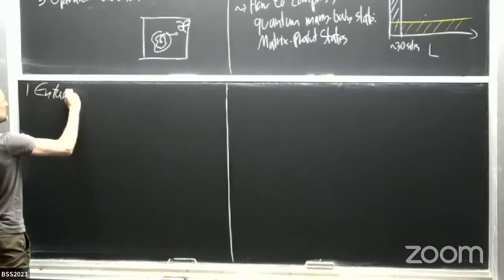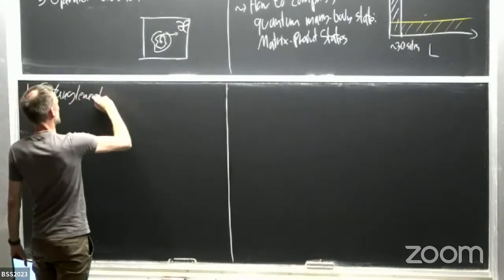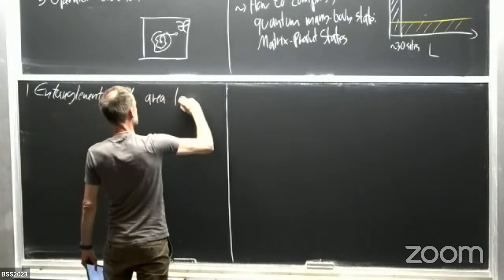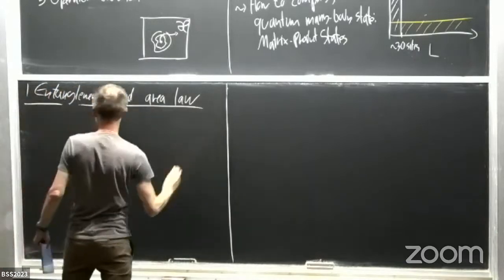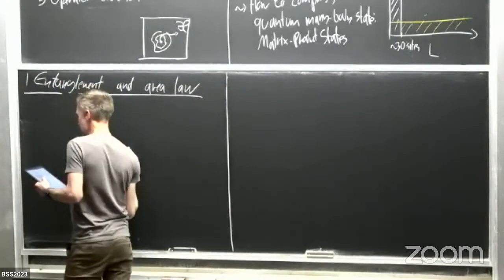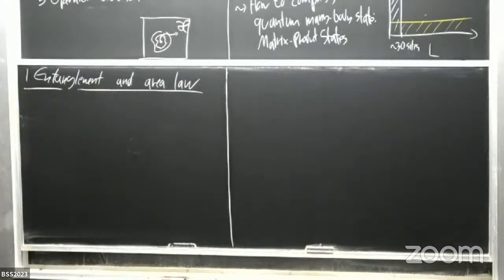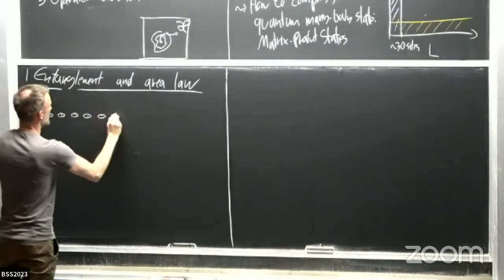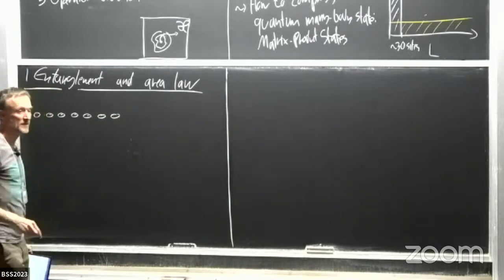So now let me discuss a bit about entanglement and the area law. We already heard quite a bit about entanglement, it was mentioned in several lectures before, but there are, of course, many ways how our degrees of freedom can be entangled, or different kinds of measures that we can use for measuring the amount of entanglement. And what I want to consider is the bipartite entanglement of our system cut into two segments.